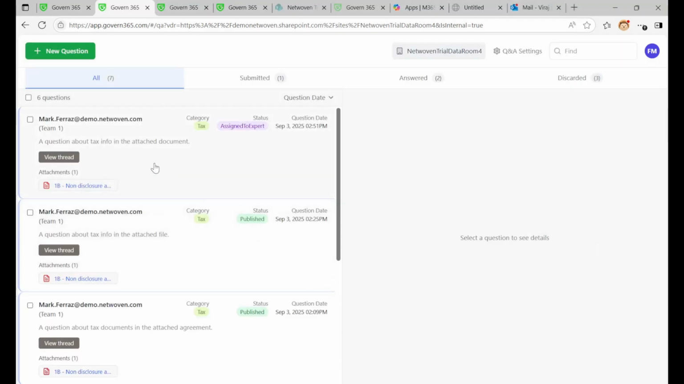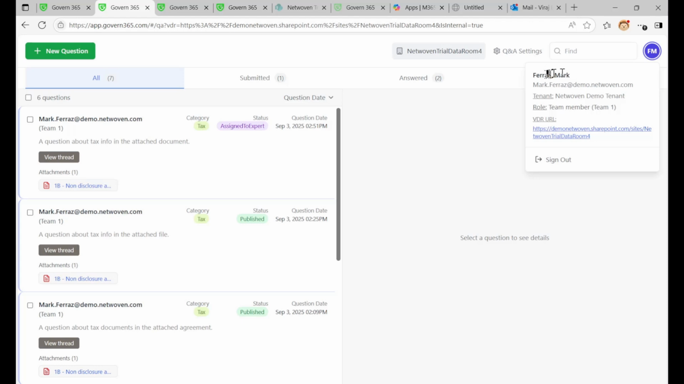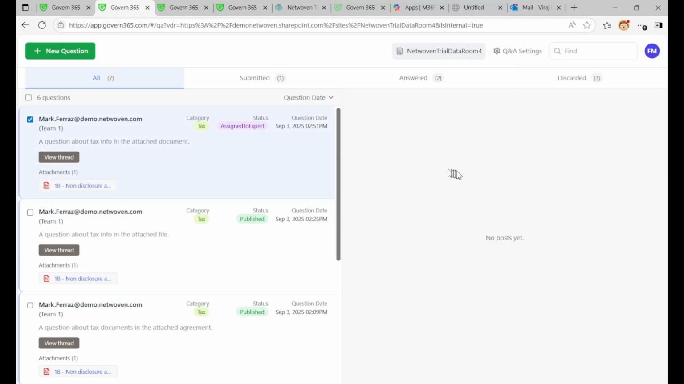Now, as you can see here, my question I just asked is at the top. Its category is tax. Its status is assigned to expert. And the other thing that's worth showing you here is if I click up here on my icon at the upper right, I can see who I am, my email address, the tenant that I'm logged into, the URL to the VDR, and the role. I'm a team member on Team 1 for question asking. So there's no thread right now for this question,